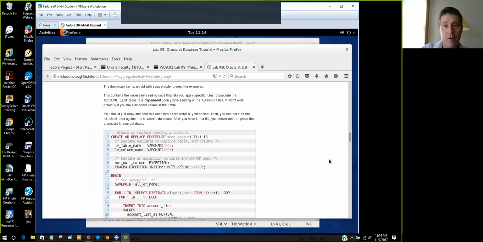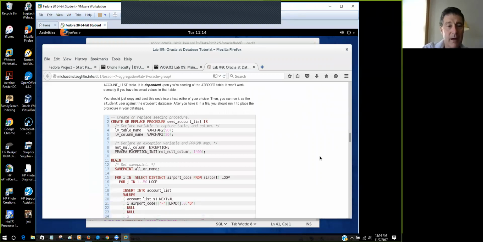So this is PL/SQL code, and we're going to create a stored procedure. Okay, and this stored procedure will seed the account list for us with that standardized list of accounts